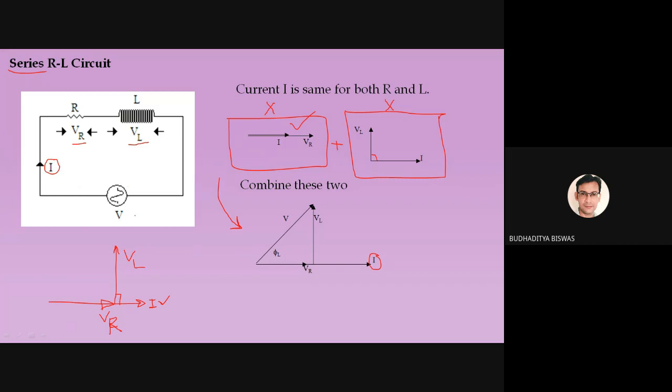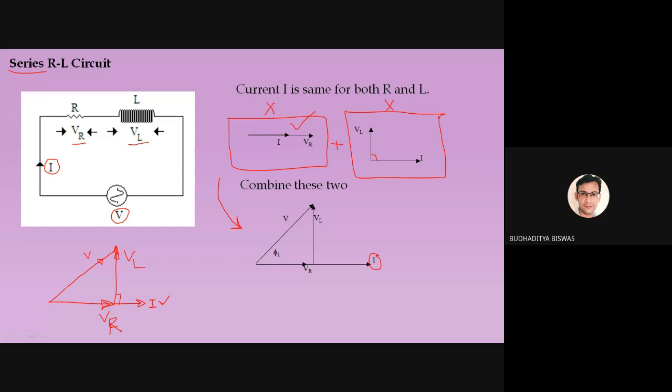Now, as you see, this voltage and that voltage, if you take the summation of VR and VL, we will definitely get V, because V is the voltage source here. So this voltage will distribute itself across the resistance and across the inductance. That means VR plus VL should be equal to V. And that's why I draw it here. Because I think you people know or have heard about the term vector summation or scalar summation. So this is the vector summation. This is VR, this is VL, and if you take the summation, it comes to V, the main supply voltage.